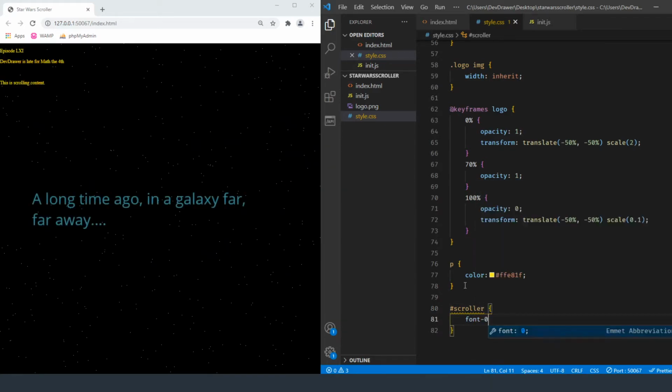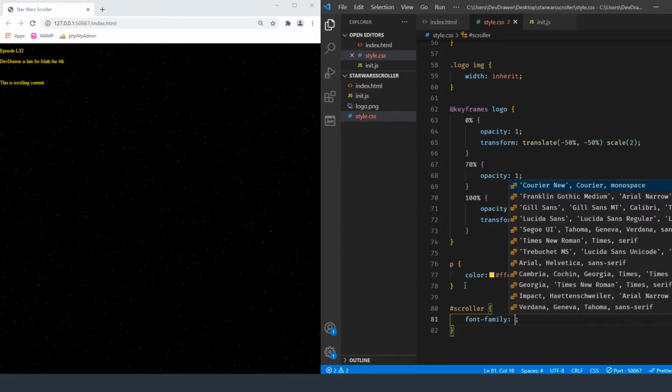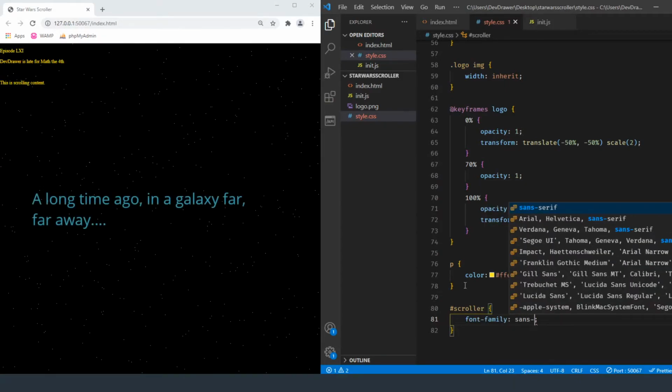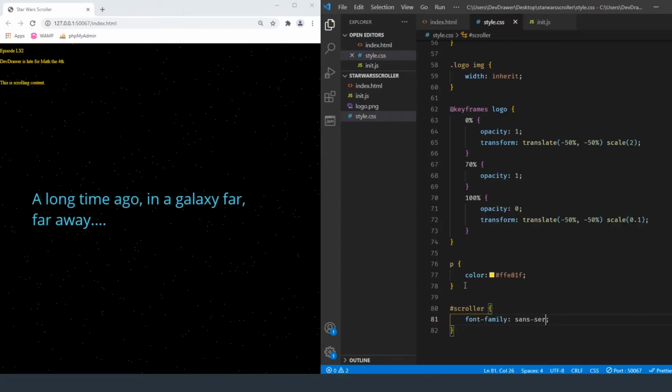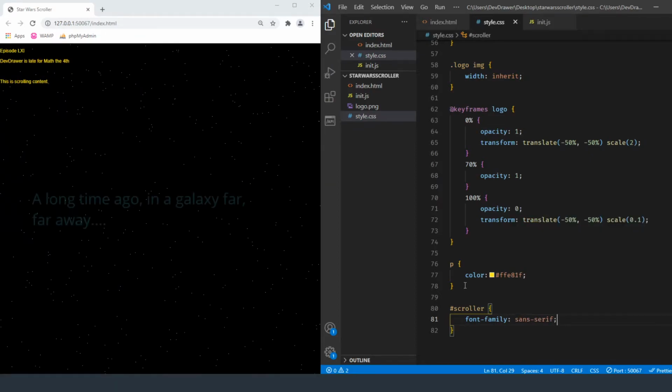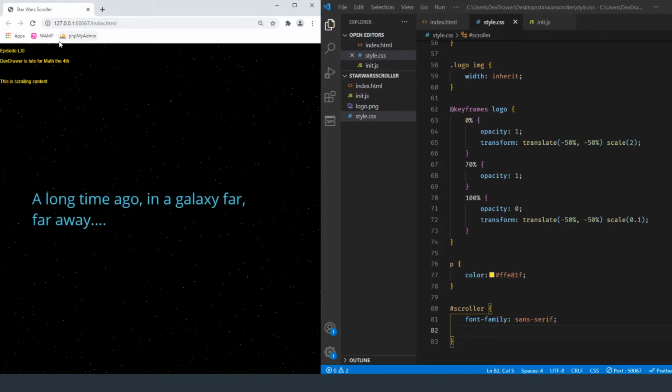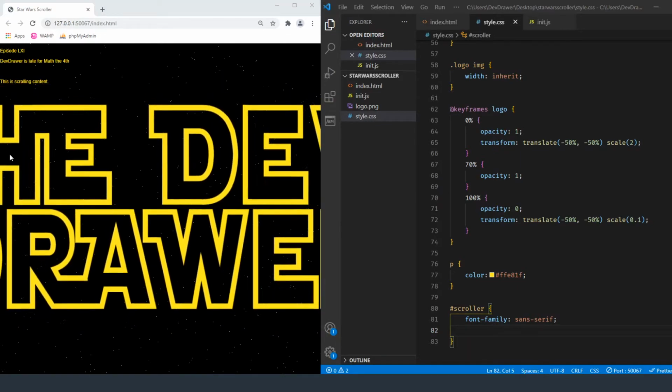Okay, so first thing we want to do is we're just going to set a font family and make it a sans serif, so it doesn't have the like curly cues on it. It's just regular text. And let's see how that's looking so far. Alright, so that's what we're wanting. So it doesn't have the little curly things like Times New Roman or even the open sans, and it's yellow. So that's what we're wanting it to do.